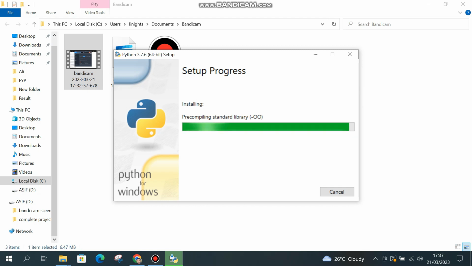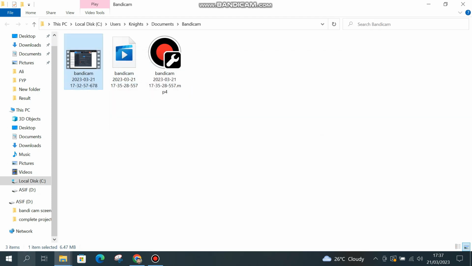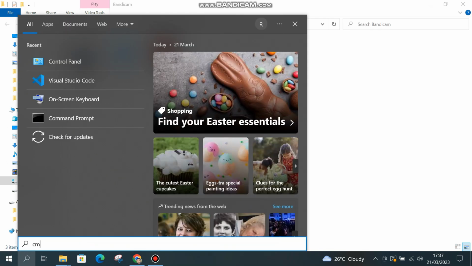It is almost about to complete. Okay, click on this disable path length limit. It will ask for permission. Click yes and close it. So we have installed Python. Let's confirm it. Go to CMD,